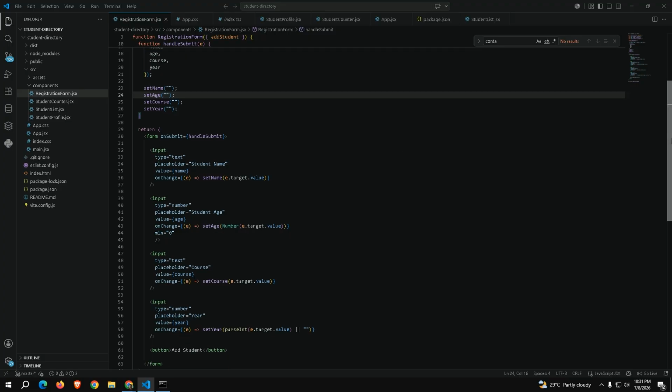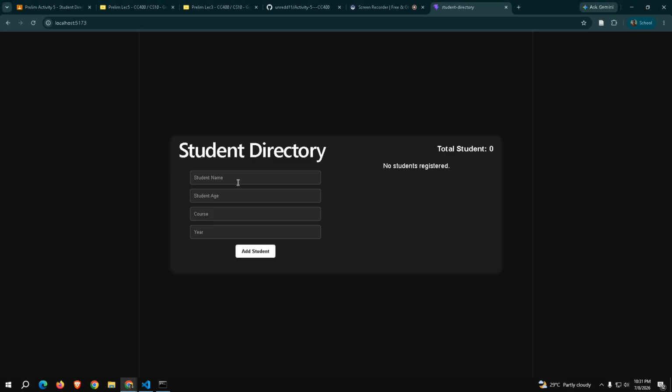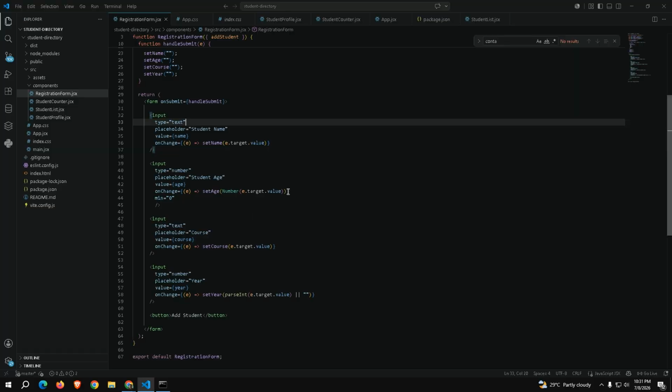So here it will output the form. Basically, this is the form being given here, so the user can input. Here is the input for the student name, and the value name, onChange setName target value.